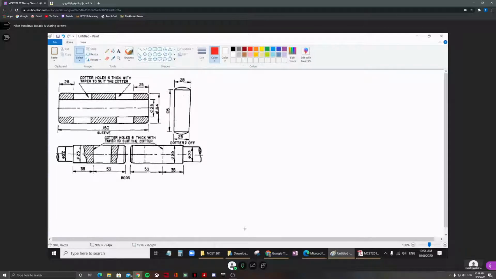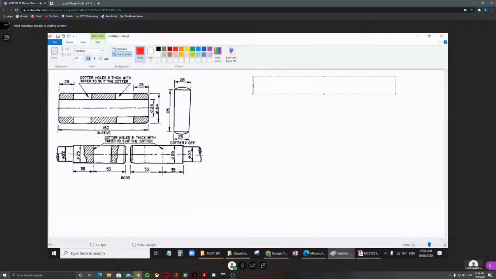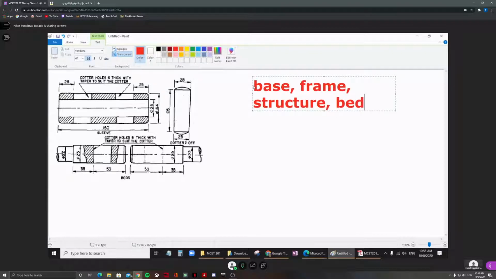Many times you will have parts like a base, or the frame, or structure, or maybe the bed in case of a lathe machine. So I draw these large parts first, or we can say redraw the largest part first,